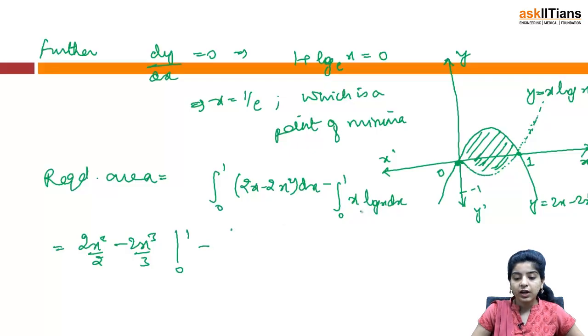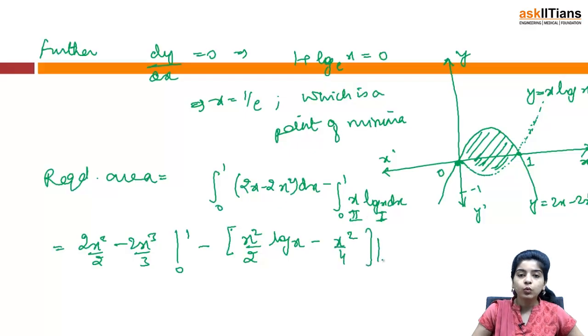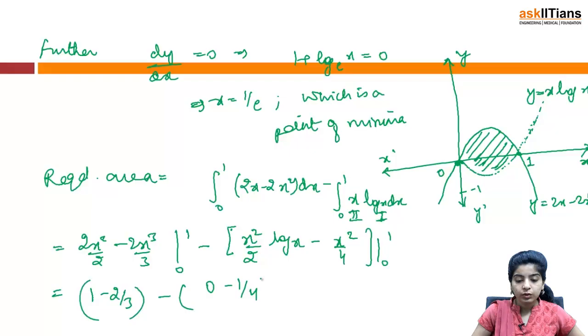this is the first function and this is the second function. So using the formula of integration, you'll get x square by 2 log x. This will be your first function, this will be your second function, and then just integrate it using parts and you get x square by 2 log x minus x square by 4 from 0 to 1. This becomes 1 minus 2 by 3 and then minus 0 minus 1 by 4. You finally get 3 minus 2 is 1 by 3 plus 1 by 4, that is 7 by